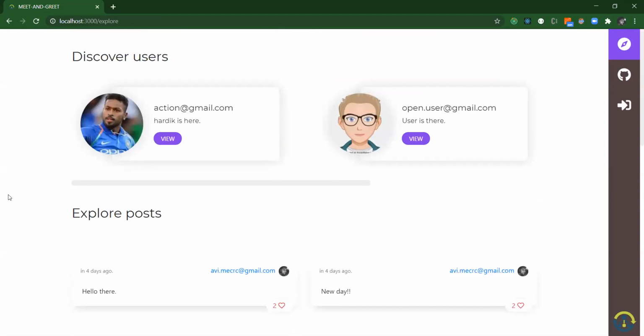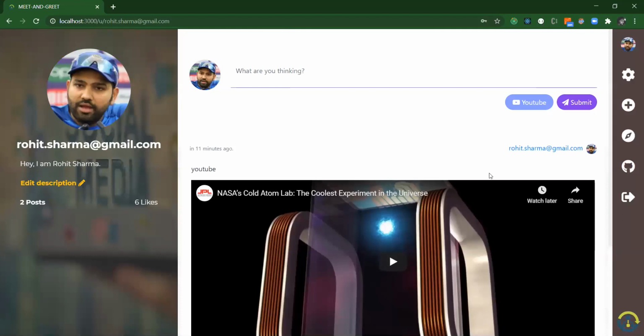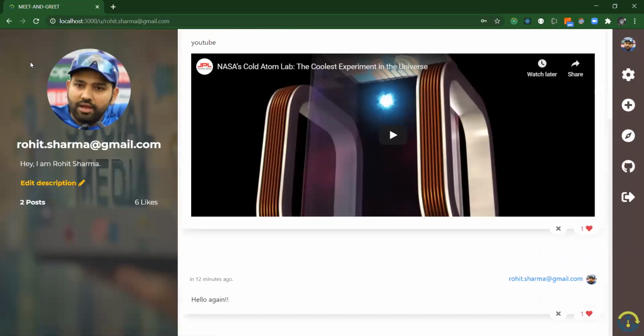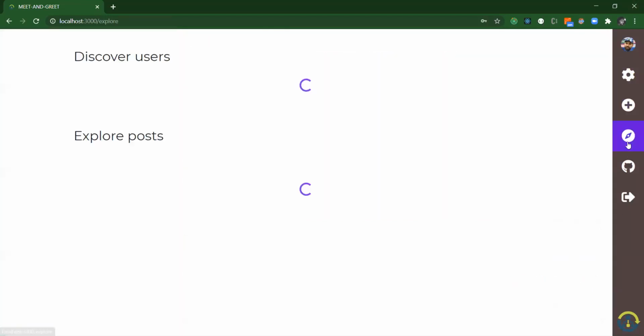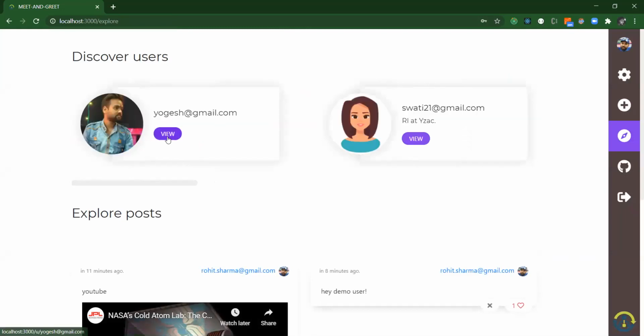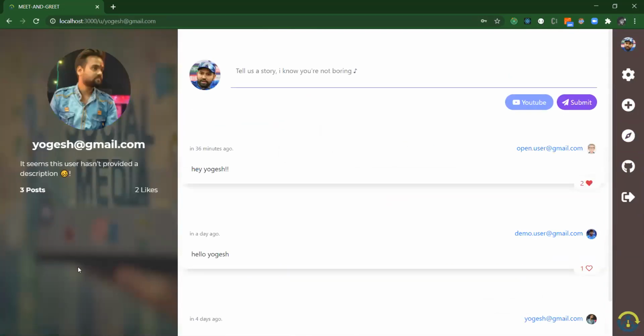So yeah, this is pretty much the basic app. In future I want to add some chat functionality. It means whenever you want to chat with some person, you just directly go to the person's profile, and there you will see a chat button. You can chat with that person. I want to add a functionality for like and follow, as in Instagram or any other social media. These are the two three basic things I want to add in future.